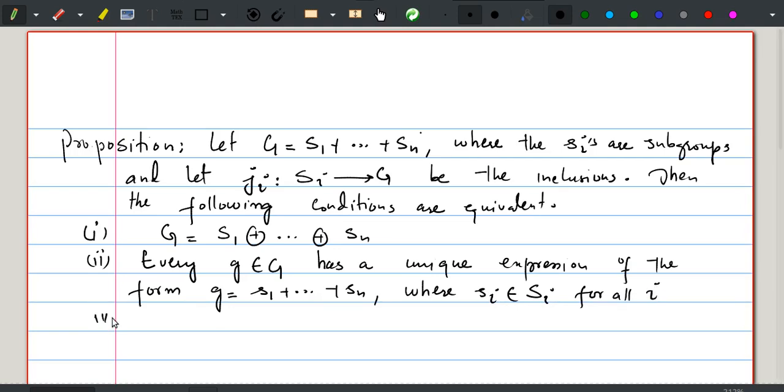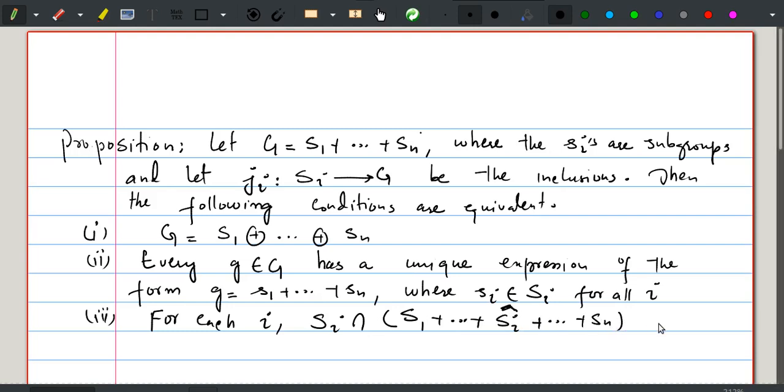The third item: for each i, Si intersection with the sum of all the Sj's except Si, S1 plus so on plus, now this Si is omitted, so we put a cap over here, plus so on plus Sn, has to be the singleton set 0. And finally,